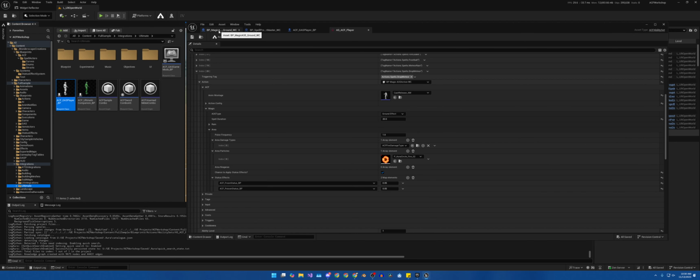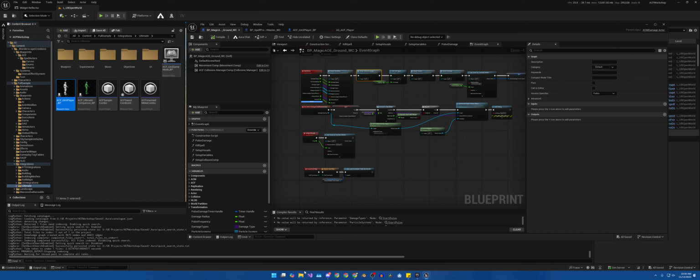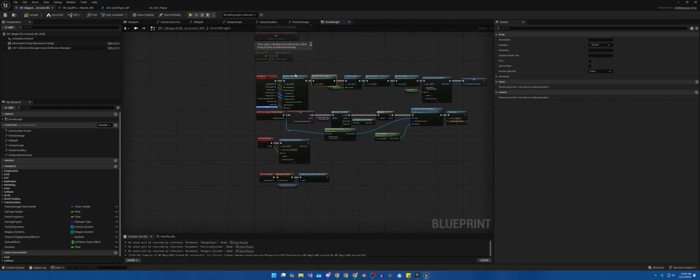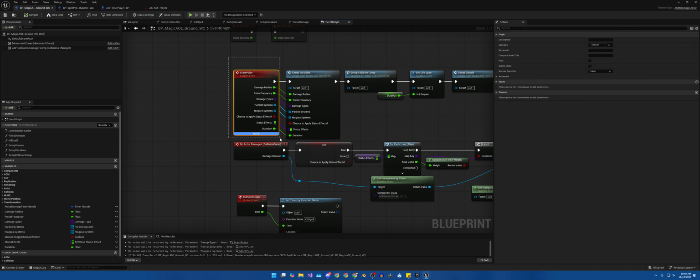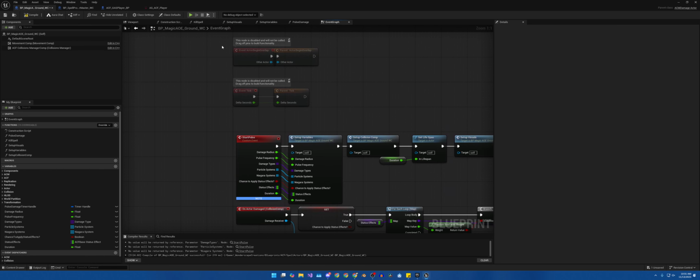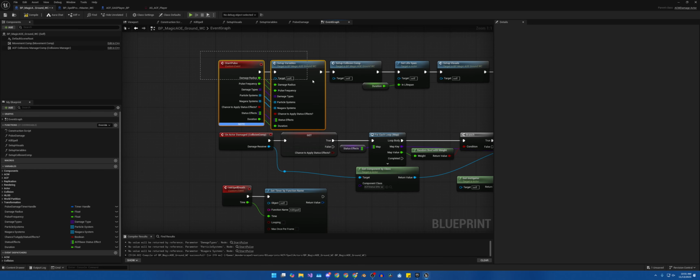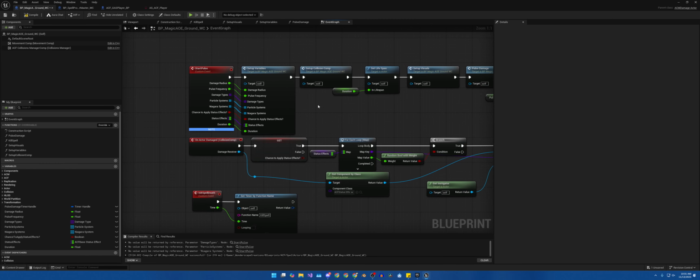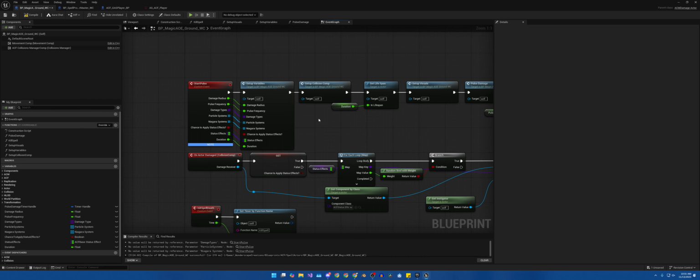So now let's go back to our ground ability here. And in here, you should only have the start pulse event right here and the start setup variables. This is all that you should have right now, assuming you followed along correctly in the last episode. So now, close that. We don't need it. We don't need any of these. So now we need to set up everything else. The very first thing we need to make sure that we do once we have the variables is set up